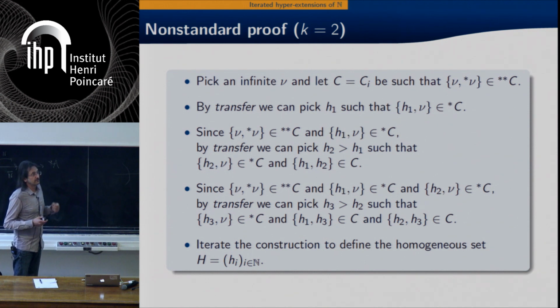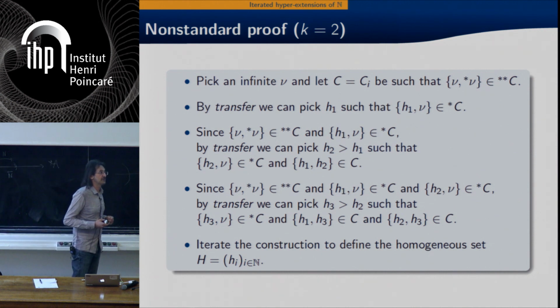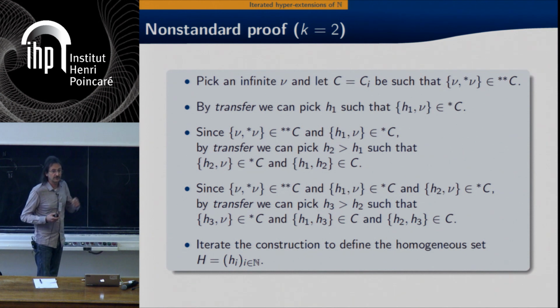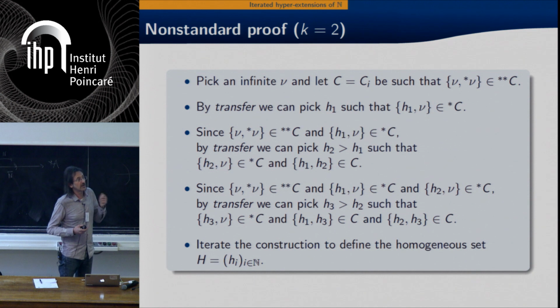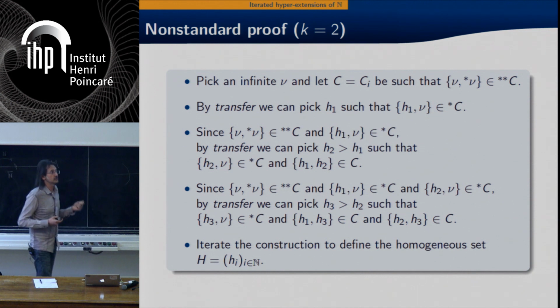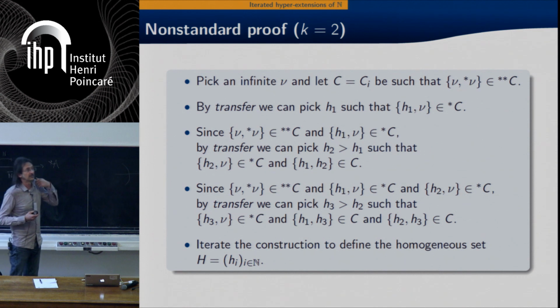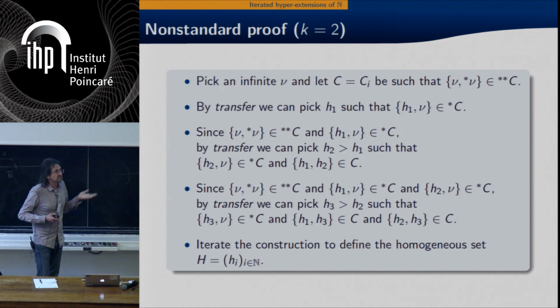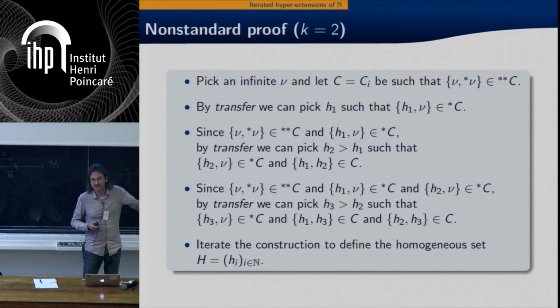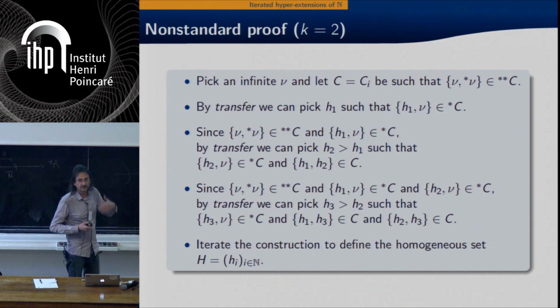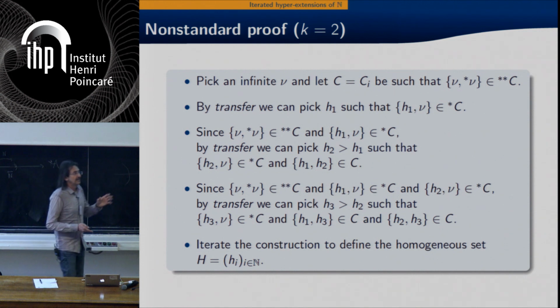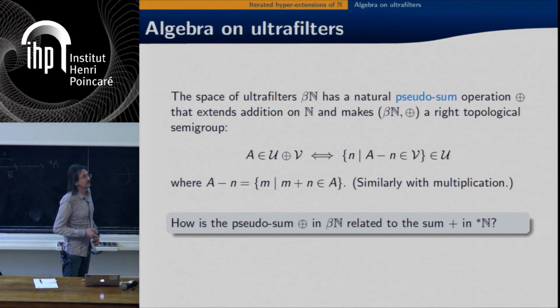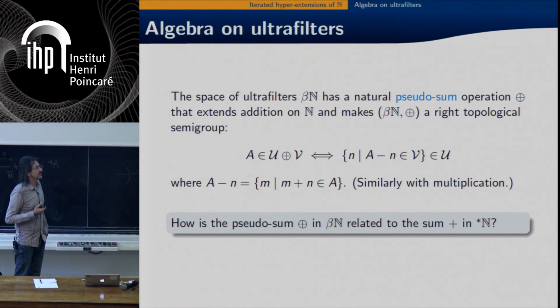And again, starting from the two properties just proved, and again using transfer, we can find an element H2, which can be taken larger than H1 because this Ni is infinite, so that we have that the pair H2 Ni and the pair H1 H2 belong to C. And we can iterate the process and find this homogeneous set. And similarly, one can prove this more generally for k-tuples. Now, of course, this is just the non-standard counterpart of a well-known ultrafilter proof, but this shows you how to handle these things. Now, a central